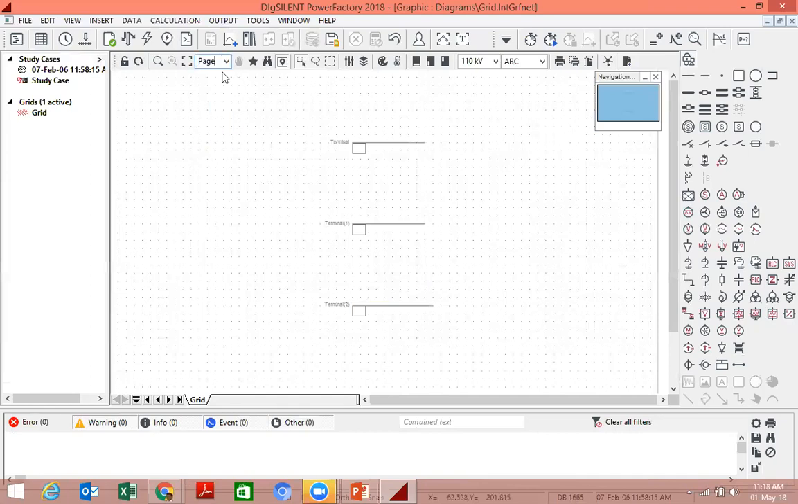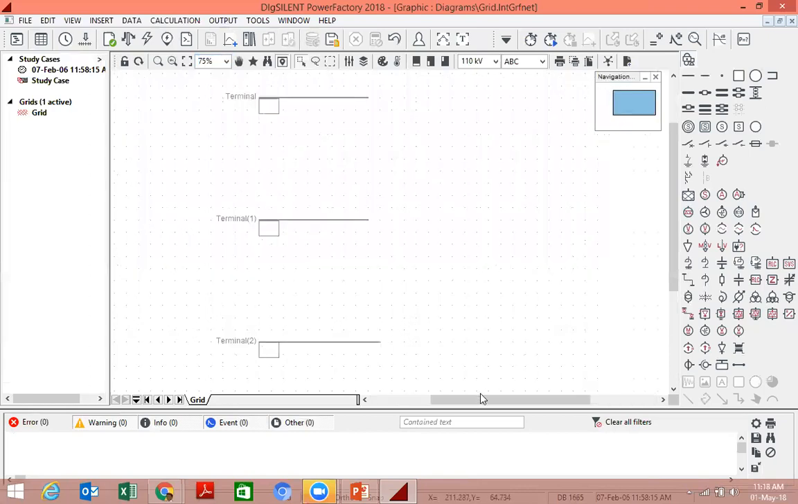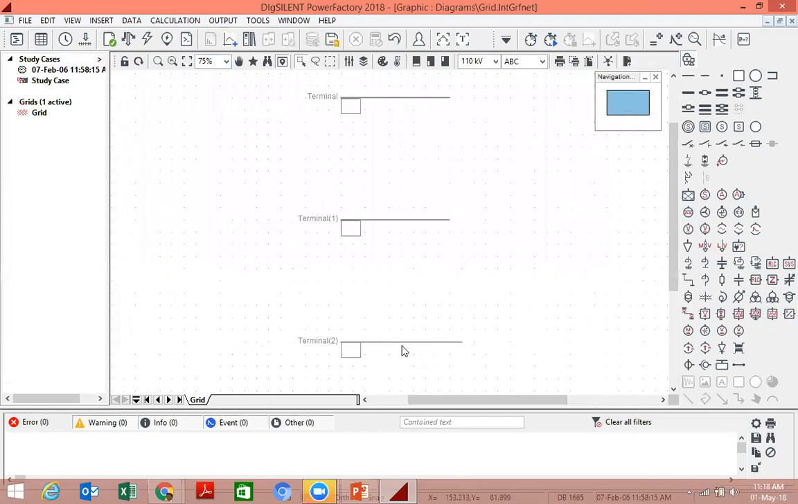Right now this is at page level, reduce it to about 75% for better visibility. Reduce the spaces between them. You just click and drag, click and drag. Now I'm dragging. Okay, now what will I do? I will now connect